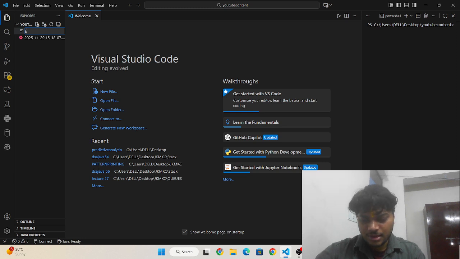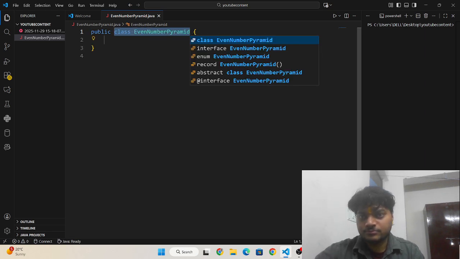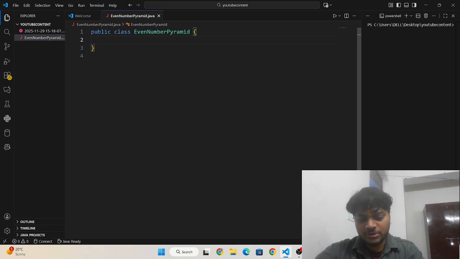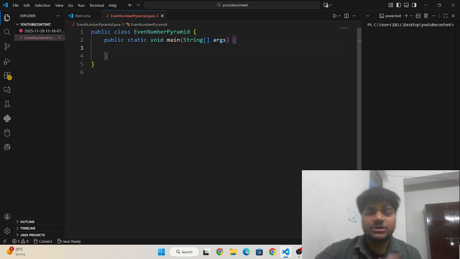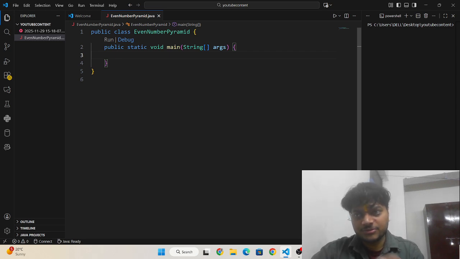First I'm going to make a file. I'm going to give the file the name EvenNumberPyramid.java. Here I need to write PSVM. This is the main method. This is the shortcut for writing the main method in Java in Visual Studio Code.